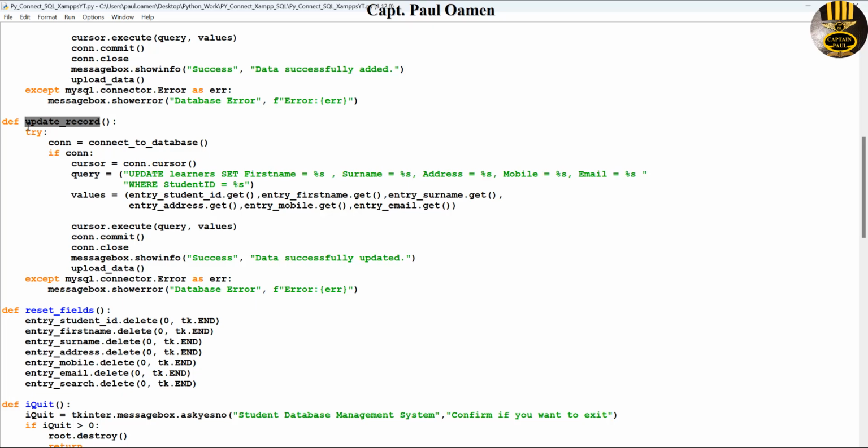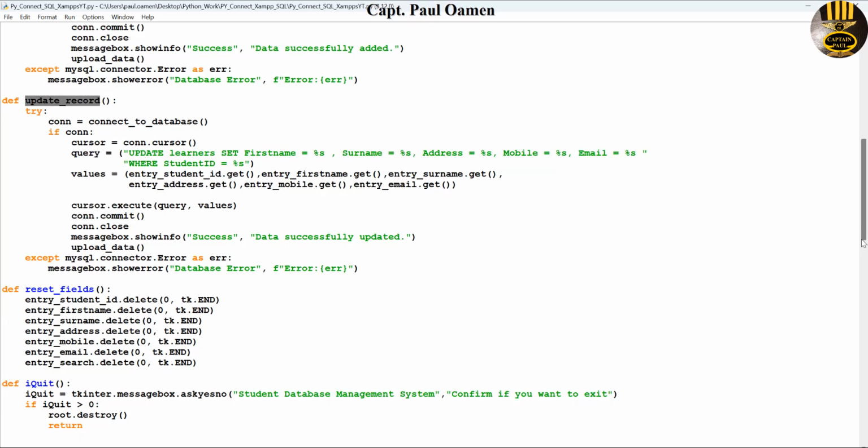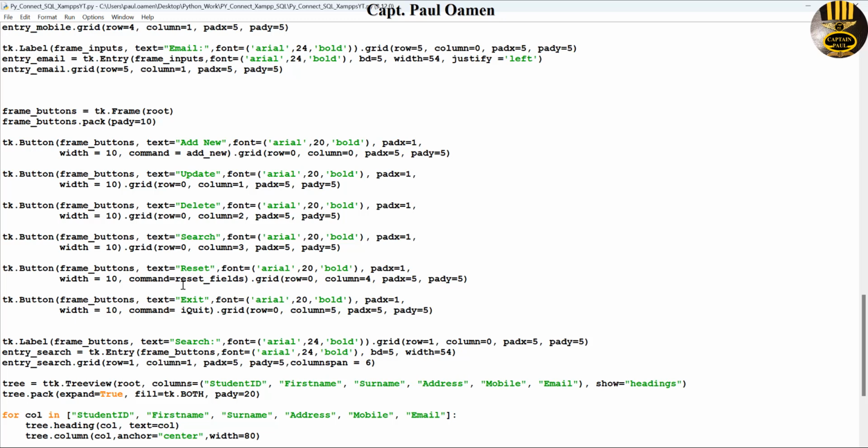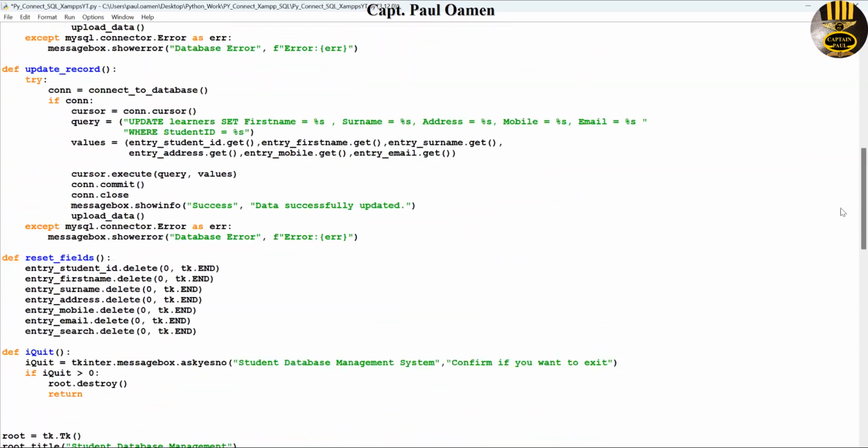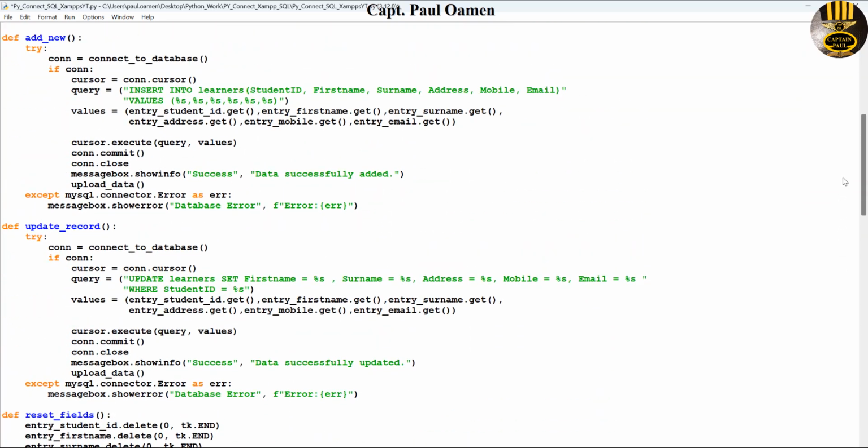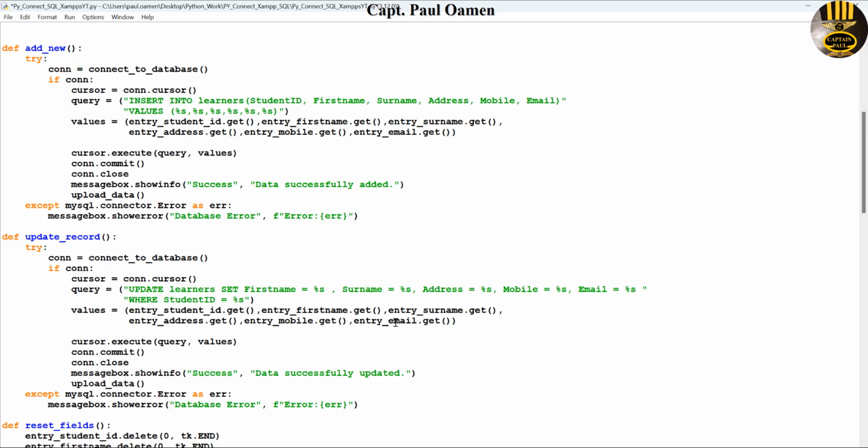So update, I'm gonna copy that and I need to call that on the button. Update, there we go. So comma command equals update. That's the update record function called. Okay, that is update record taken care of. But let's try out this update record. So let's run it. Click on run,